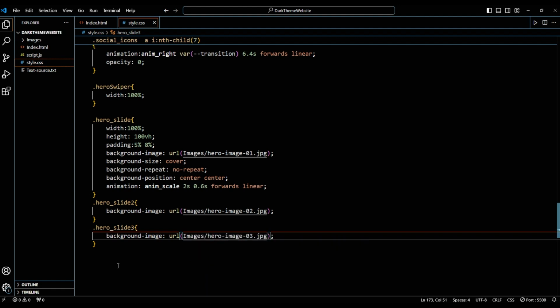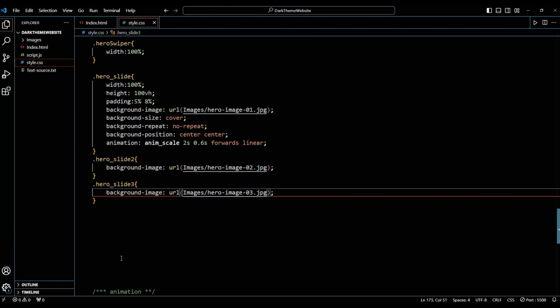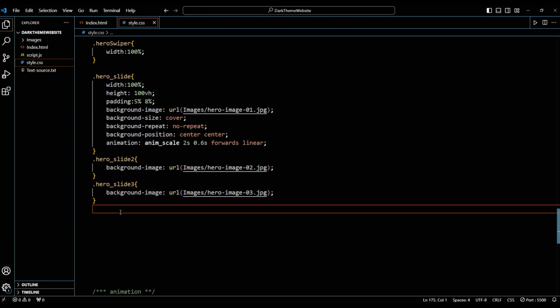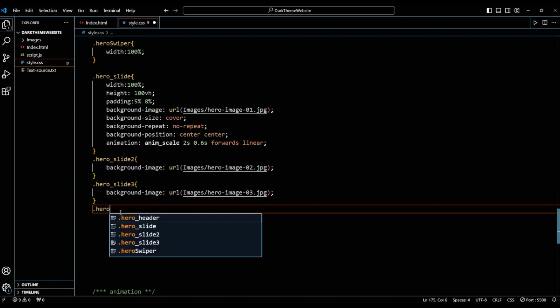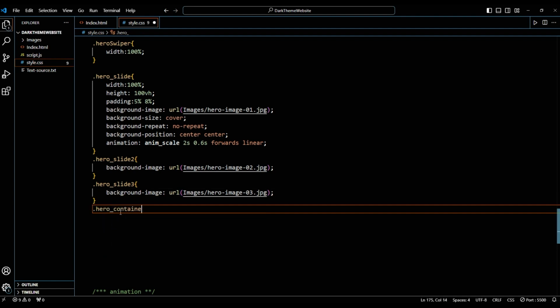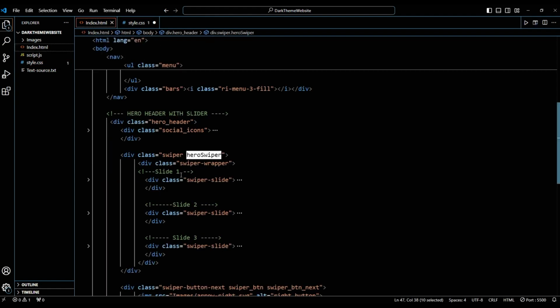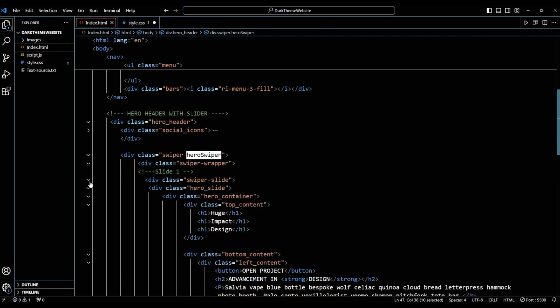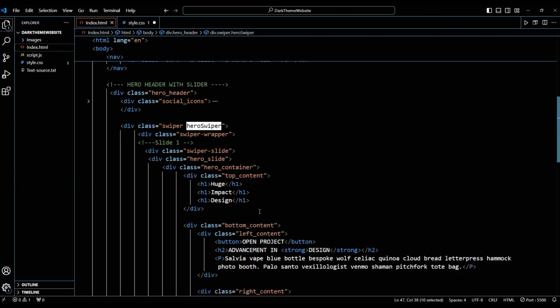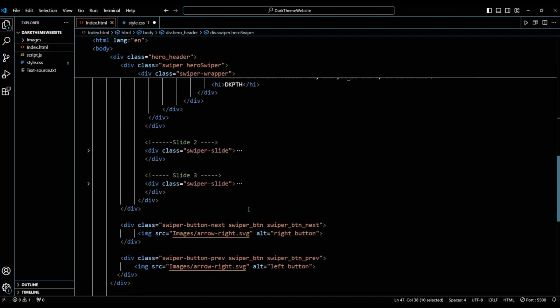Okay, so we set all the three images to our different slides. Now we have to define our internal structure of the slide. So that is dot hero underscore content, right? You can check here. So this is the view. So we first define hero swiper and then hero slide. So this is the common, and then when we have to move on the other side, we have to also specify